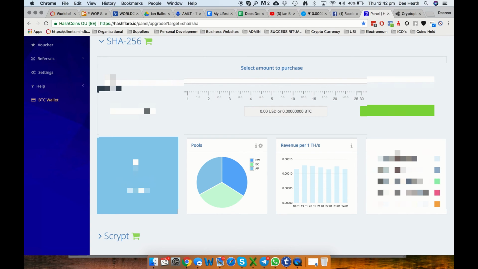And then you'll also see the revenue forecast, keeping in mind if Bitcoin does drop, that will drop. Like, to give you an idea, this was up over $4,000 probably about 3 weeks ago. No doubt it will go back up, but that's just to give you an idea of how much impact the price of Bitcoin can